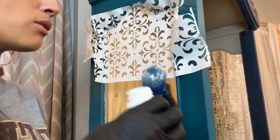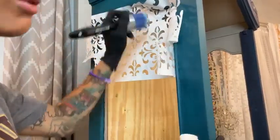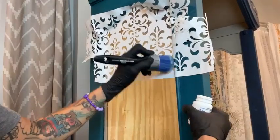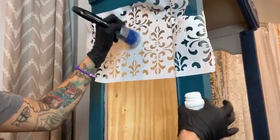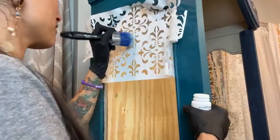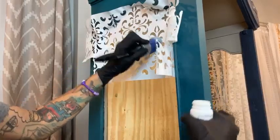The etching cream is just kind of white, milky looking stuff, and I like to apply it. I don't like to brush when I'm stenciling because that does not help with keeping things from seeping underneath. But I do like to pounce. It works best for this type of product because it gets it down in there in that glass. I don't want to miss a spot. Plus, I don't like brush stencils. Just push it in there, and you have better chances of getting a nice